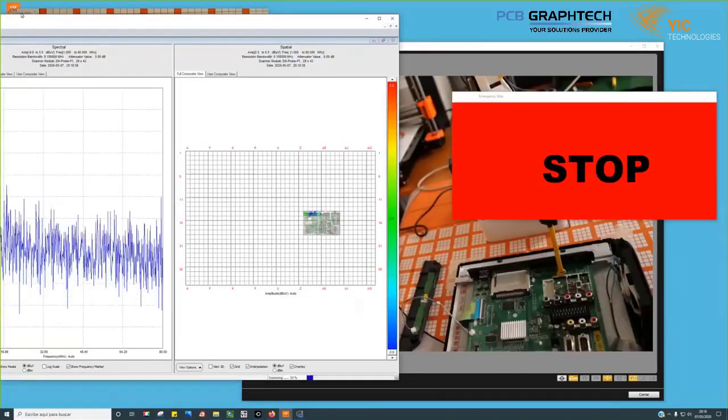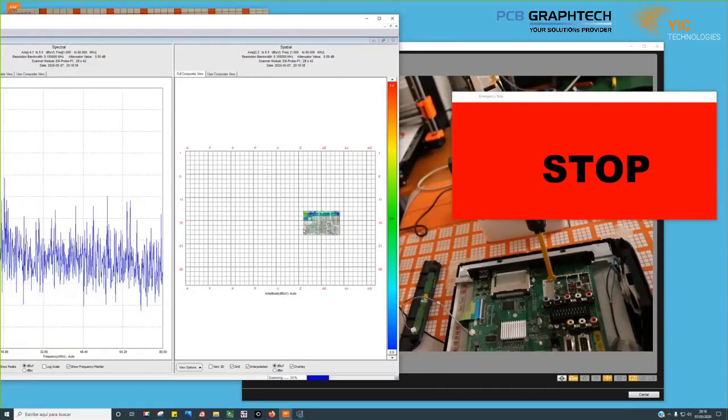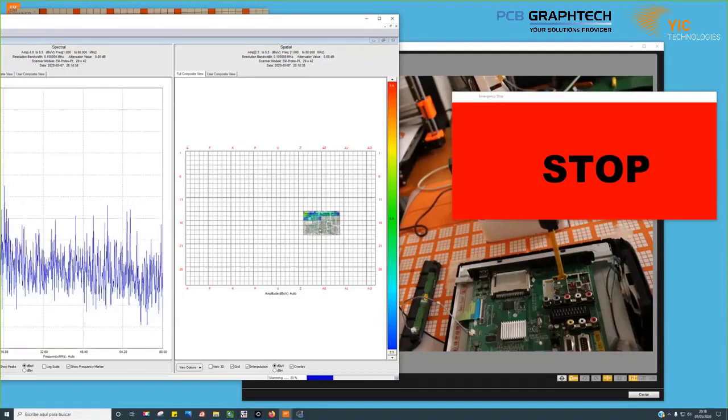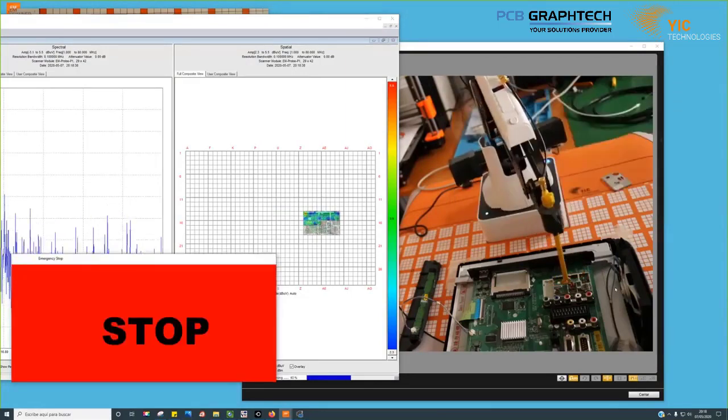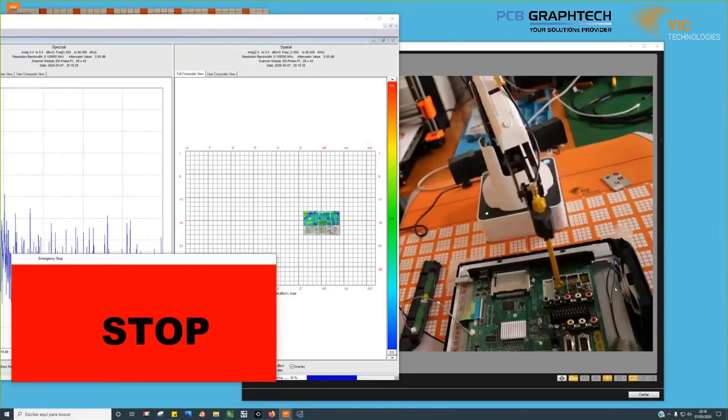So you can see that the probe is scanning. Okay. The system is scanning here. The result is in the screen of the EM viewer, the software, and you can see here how the probe is moving. Okay. You can sweep in some specific frequency range, or you can